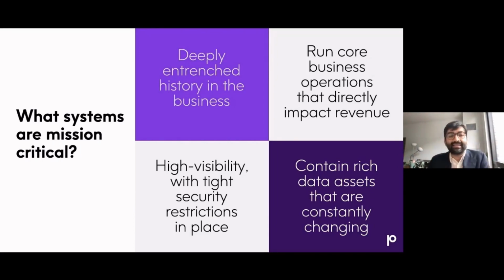But I think the last thing that I would say here is these systems really do contain a lot of extremely rich data assets, and that these data assets are not static. They are constantly changing. And by constantly changing, I don't mean to say that they're changing, maybe monthly at the month-end report, or they're changing weekly or daily. I'm saying they are changing by the second. And when you're trying to really get some value out of your data, the treasure trove of information that's stored here really can't be ignored if you're looking to be successful.